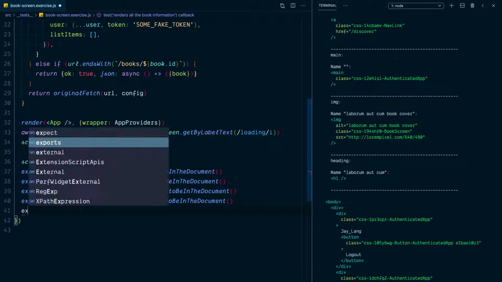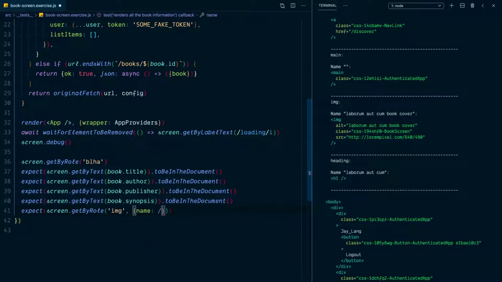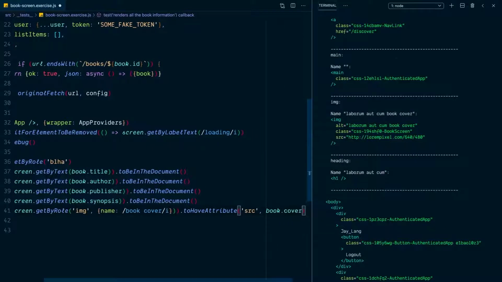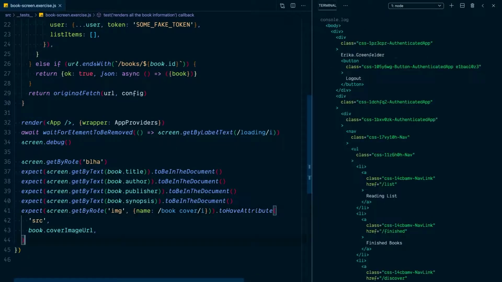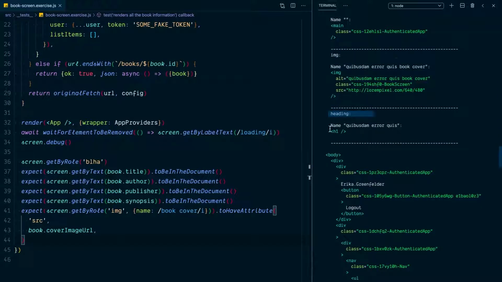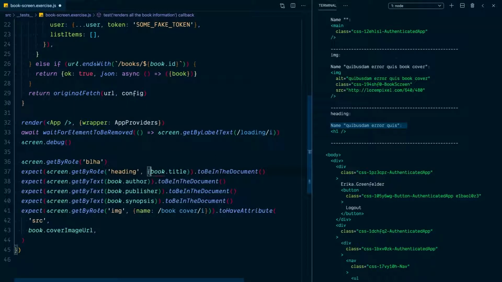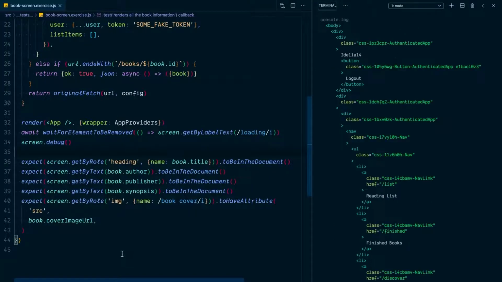So while we're here, let's go ahead and add expect screen.getByRole image, and the name should match book cover. And we'll want that one to have attribute src book.coverImageUrl. And let's make sure that one's passing. So that'll take care of the image, but let's see what else we've got here. Heading, there we go. The heading is the title of the book. So we could improve this one as well to say getByRole heading, name is book.title to be in the document. So now we're getting a little bit more confidence on all of that,